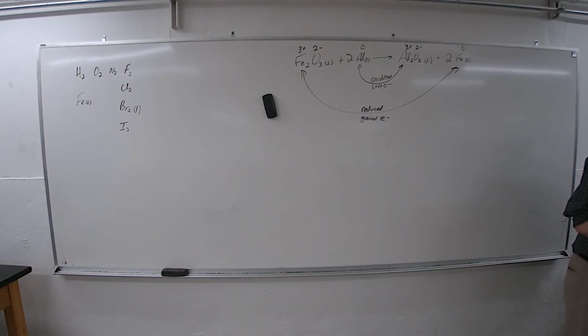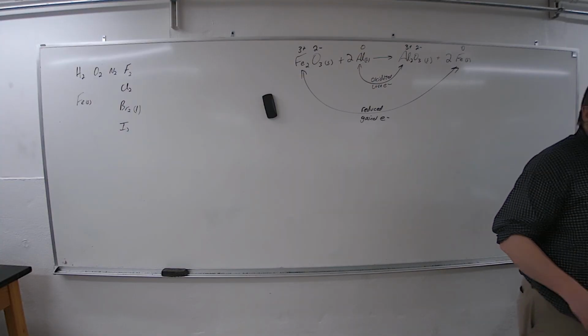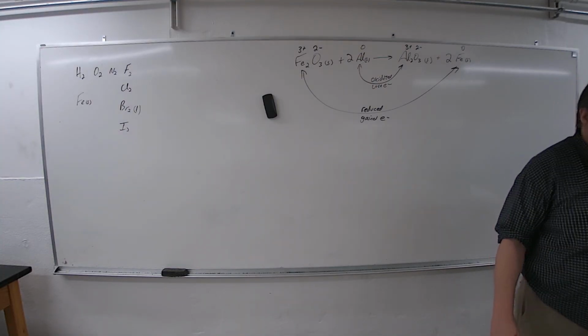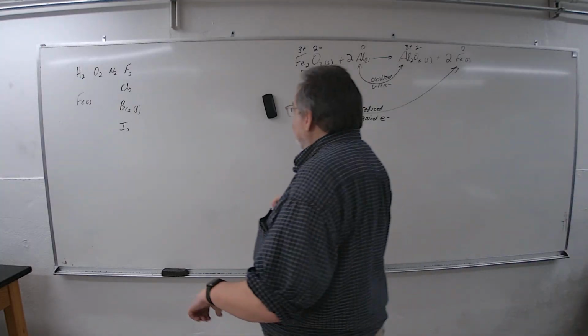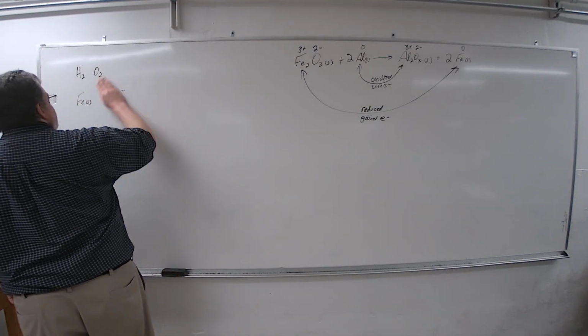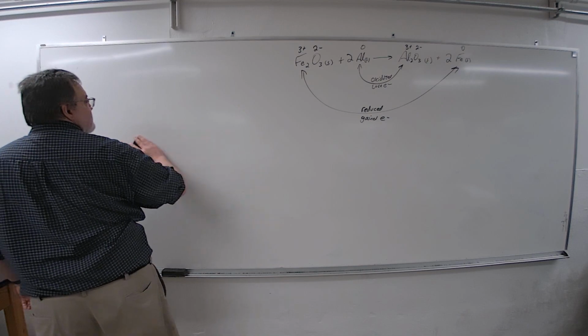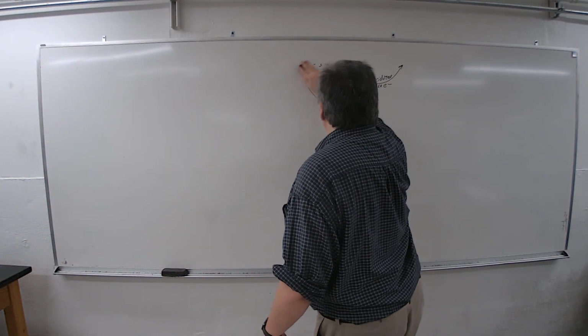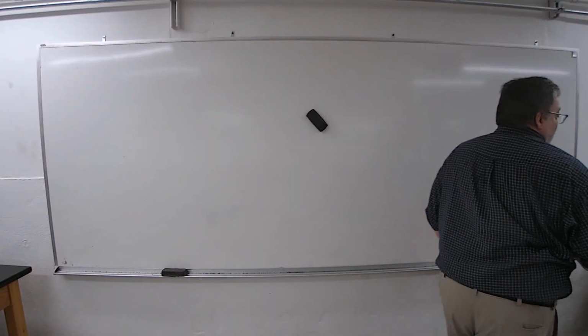So I'll check that either this week or over break, and I'll come back to it and decide. Are there any questions? Is there anything else in this chapter? Next, if we don't do the balancing, what's next is